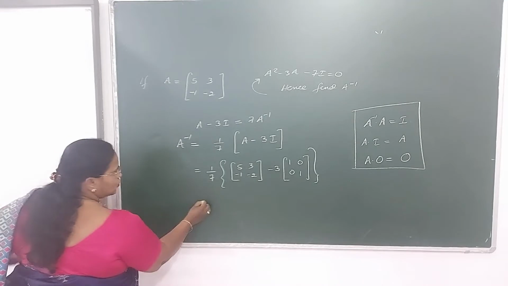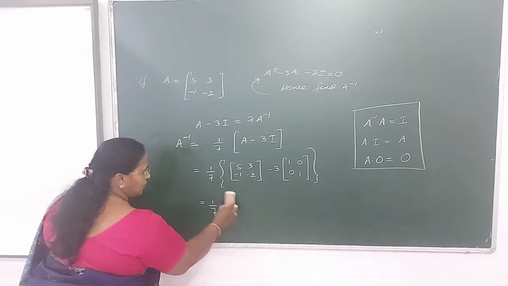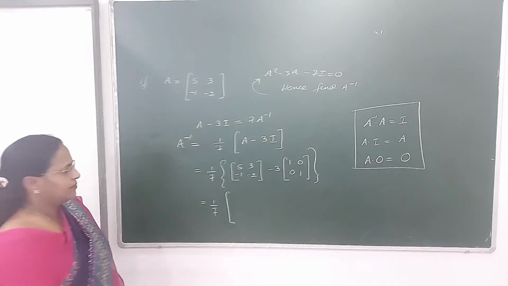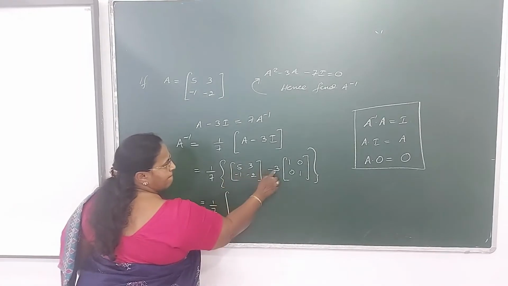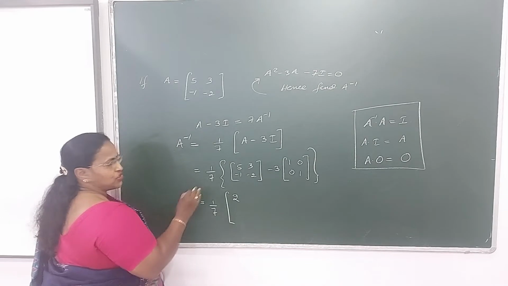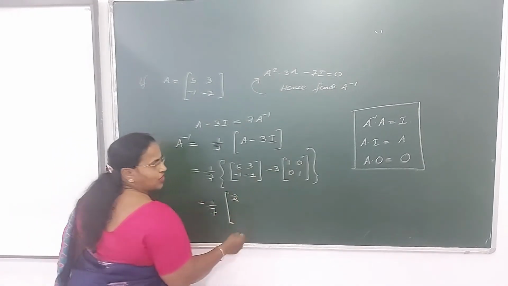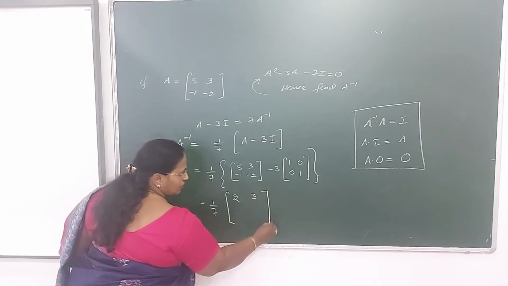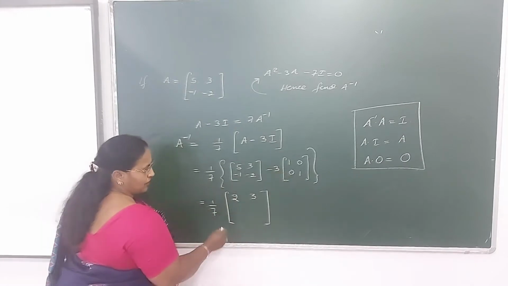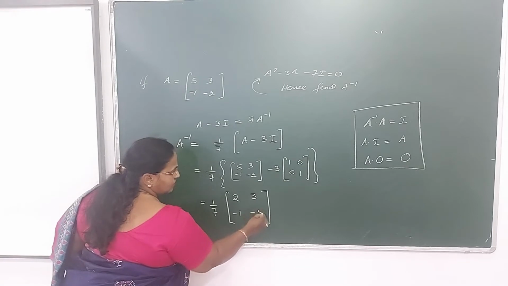So calculate it, simplify the bracket here. So this is equal to 1 by 7 times, and the matrix you will be getting, you can do it directly. Place a bracket. It's 5 minus 3, it is 2. Entries at the same position you will be subtracting. So it's 3 minus 3 into 0, it's 3. What about the second element? It's minus 1 minus 3 into 0, it's minus 1. Minus 2 minus 3, it's minus 5.